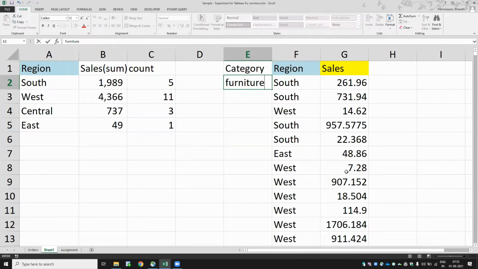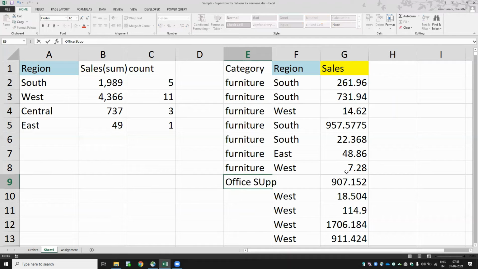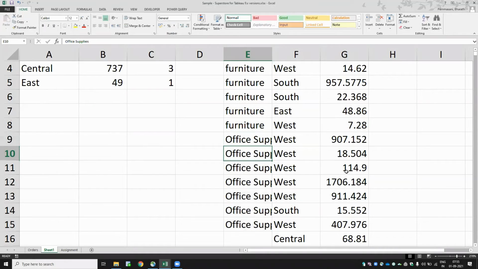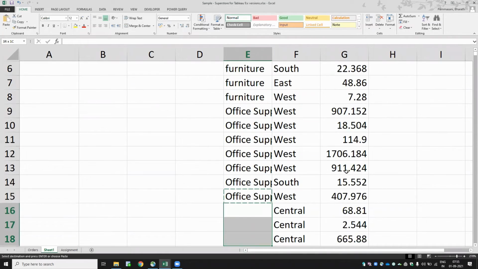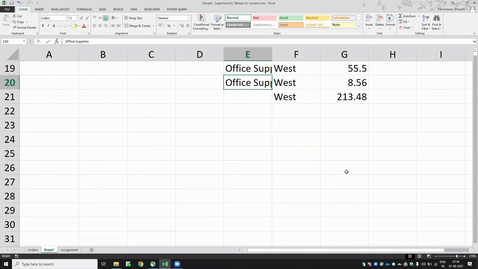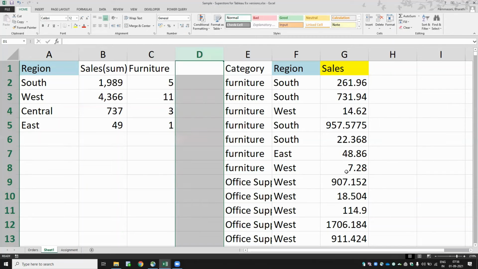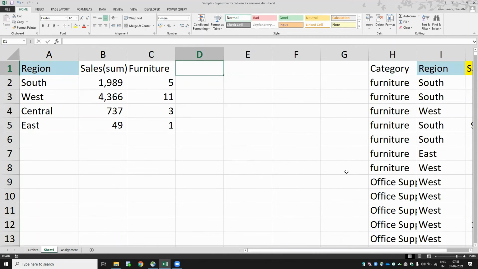Which is furniture. Furniture. Office supplies.